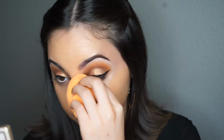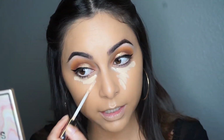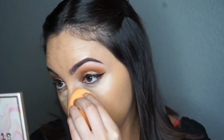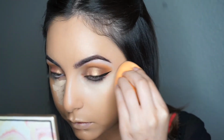This is one of my favorite foundations. For concealer, we're going to use my go-to Urban Decay Naked Skin Weightless Complete Coverage Concealer in Light Warm. I'm making sure to cover my dark circles as well as highlight my under eyes. And I'm going to use whatever is left on the sponge to also highlight my nose, my forehead, and my